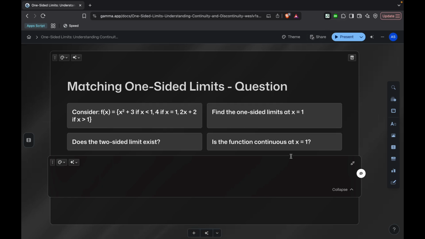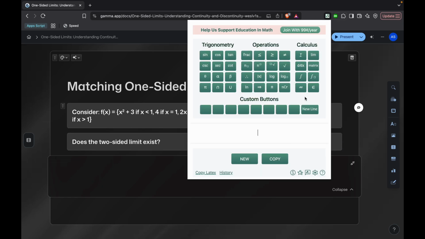How we write this is we have the limit as x approaches 1, but instead of it being general, we have it from the left side, so we're going to have a negative of the function, which is f of x. This is equal to, let's just substitute 1 in here,